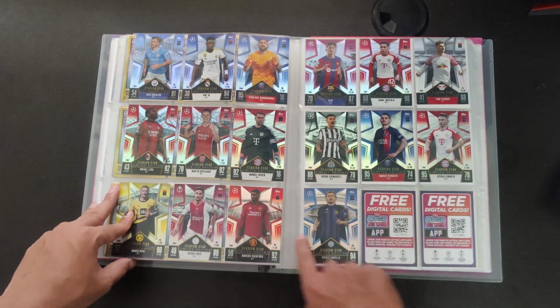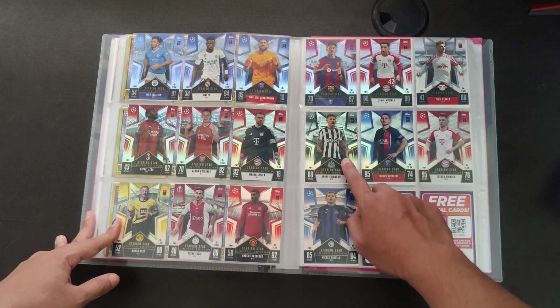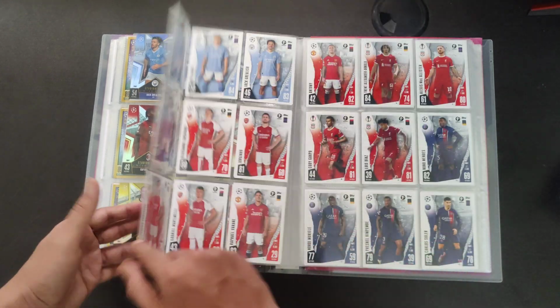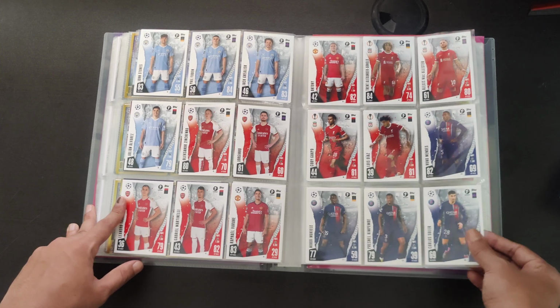So we have 16 stadium stars. Each of these cards has the picture of the stadium of this particular team in the card behind the player. Really good looking ones. Right, and then I have collected all the 88 first edition cards